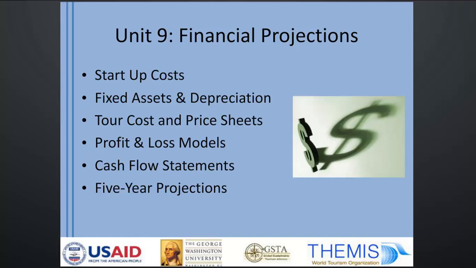This includes a section or a spreadsheet on developing tour costs and pricing, which I think is very helpful, and again is quite unique for tourism products and services. The profit and loss model is really where all of the numbers come together, and the profit and loss model projects both profit in terms of the revenue of the products and services that you're selling, as well as the loss, things like direct costs of operating the products, as well as the indirect costs or administrative costs of managing